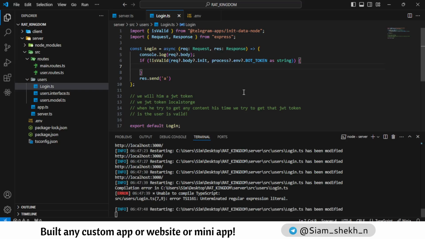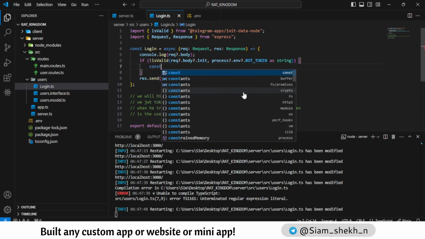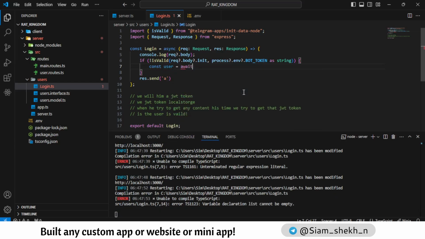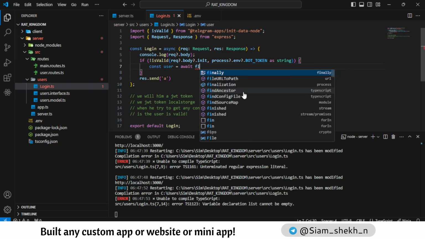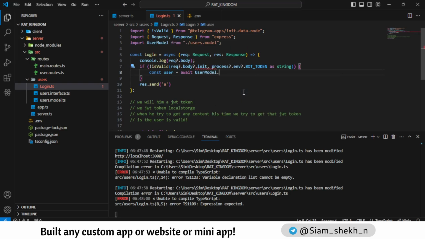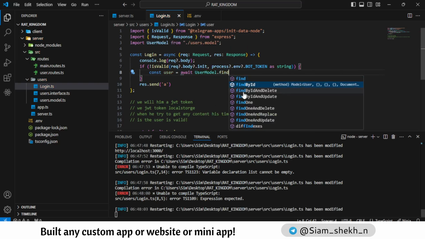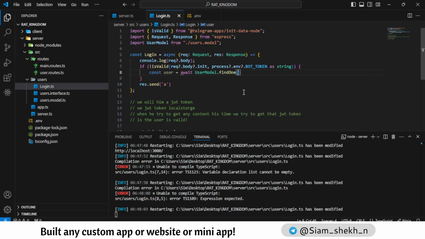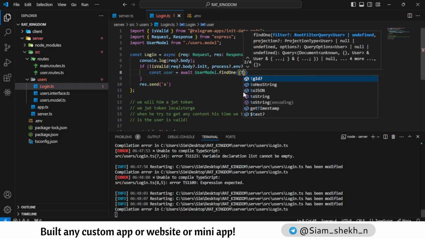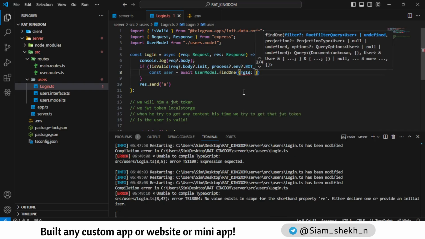So here we just need to do a CRUD operation like const user = await User model dot findOne, find by TGID, that is req